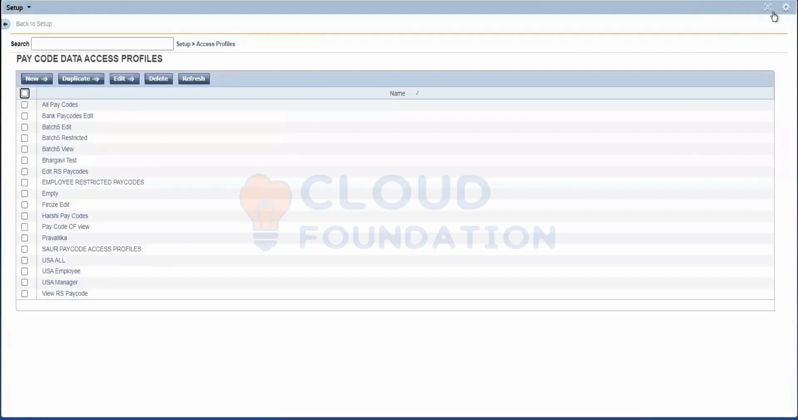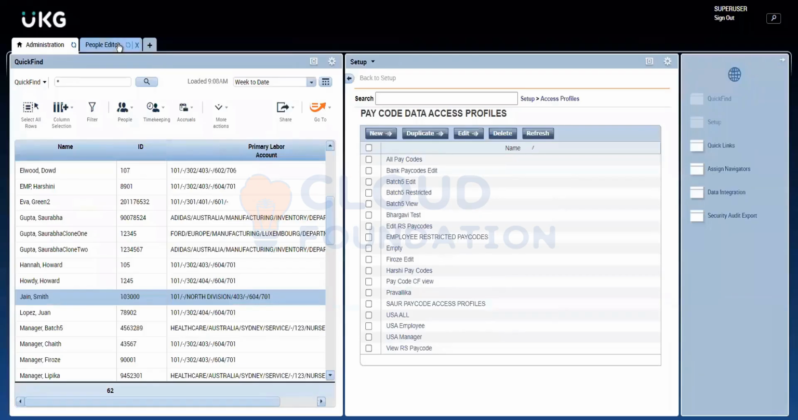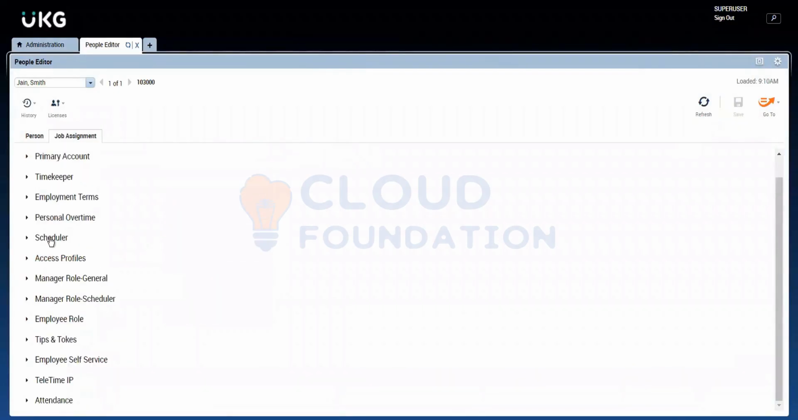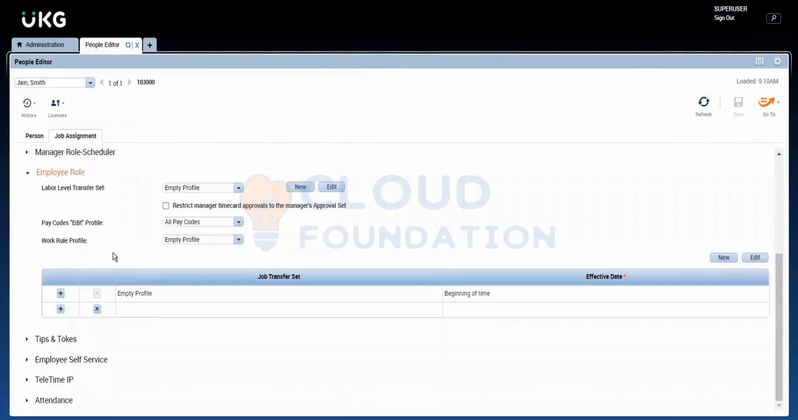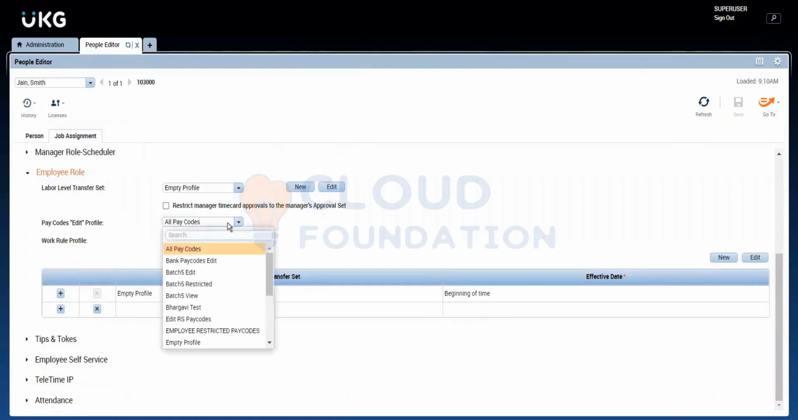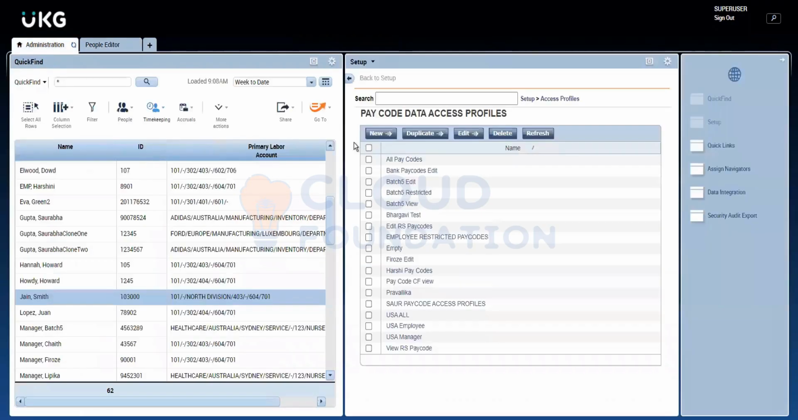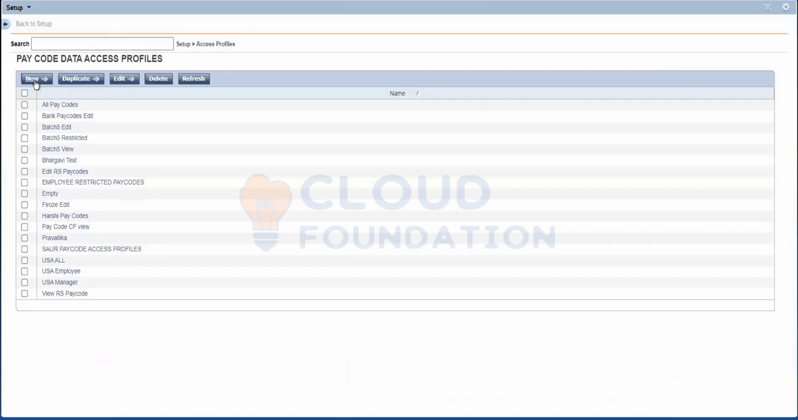Paycodes, this we will be mapping to the employees. If he is an employee, he'll have only the employee role. In the employee role, he'll have the pay code edit profile or pay code access profile, you can call that. Here there will be multiple items. Whatever we create in this area will come there in the drop down. What this does is, if I click on new,